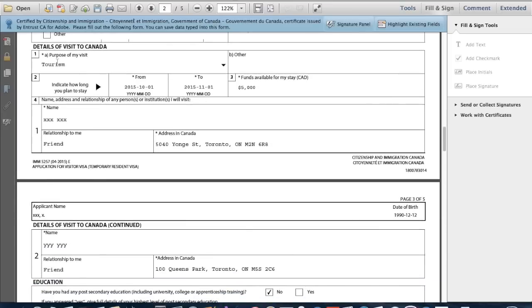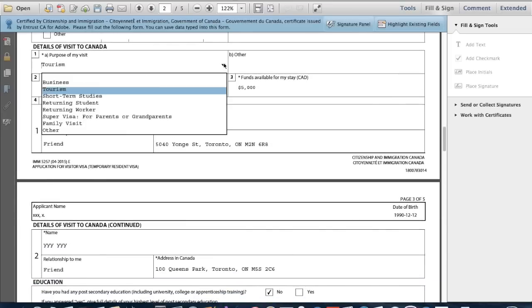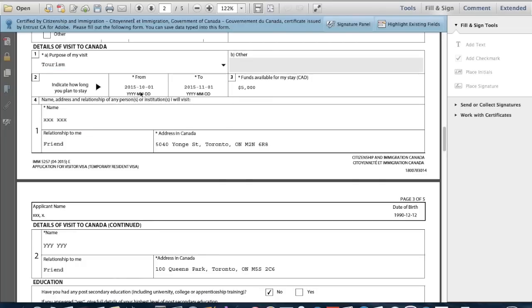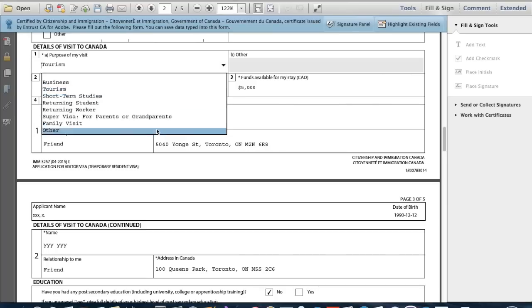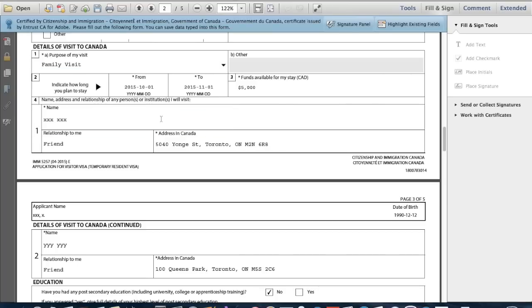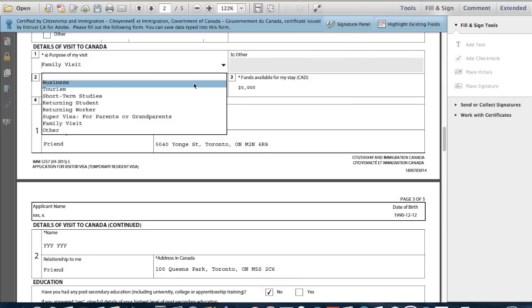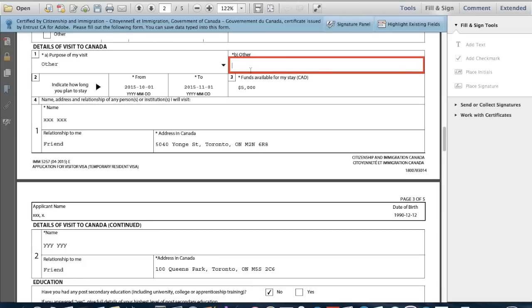So, and then your purpose of visit: either you're coming to Canada for a business purpose, for tourism, for short-term studies, which is less than 6 months, and returning a student, or any other type of visa, right? So for this video, we will choose, let's say, family visit, or friend. Yeah, we can say other, and then explain here,